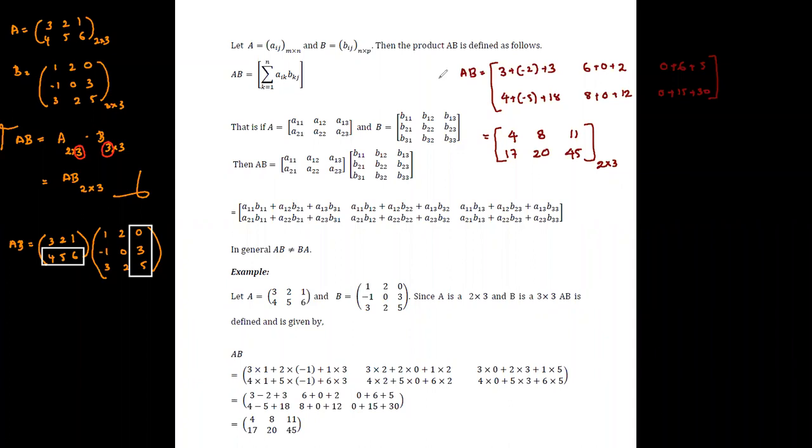Therefore, we can see that the matrix multiplication has given us a 2 by 3 here also. The check-in has confirmed these dimensions. Now we have obtained the matrix product AB in this form. This is how we are performing the matrix multiplication.